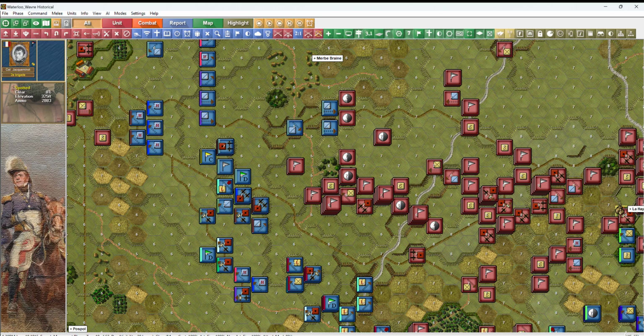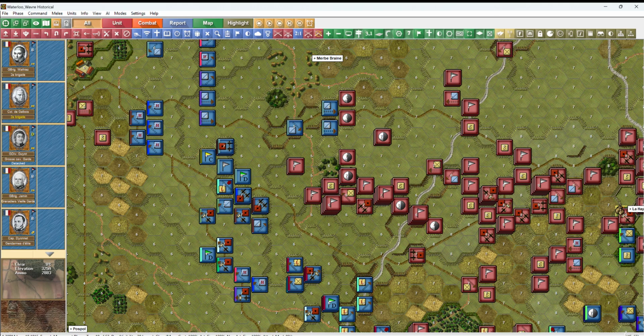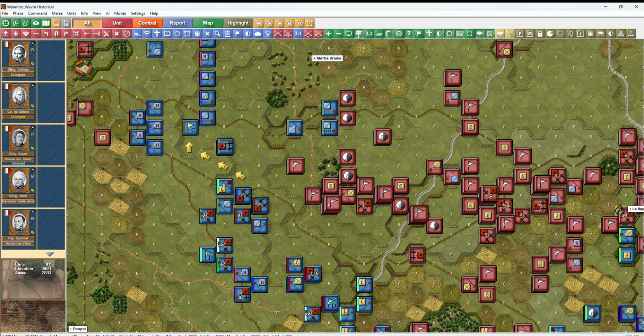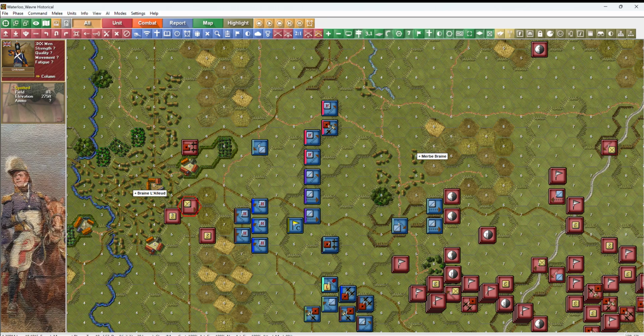Okay, we've got 1 leader here. Got a bunch of them there. So I'm going to put them all together in one big glob, since most of the cavalry is going up here. Okay, now what am I going to do about this artillery battery? He's in column. So I'm going to...